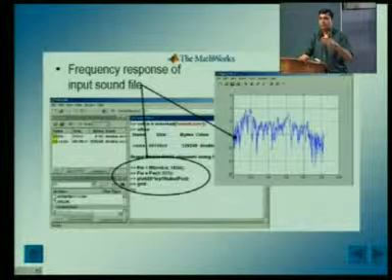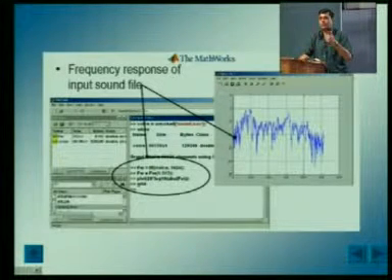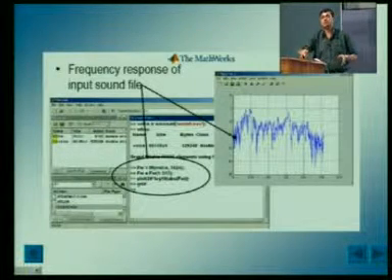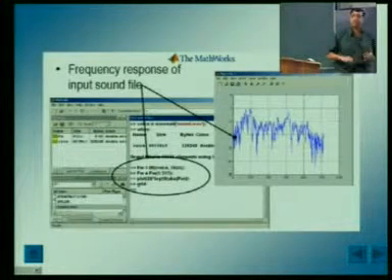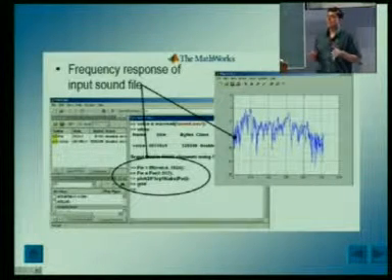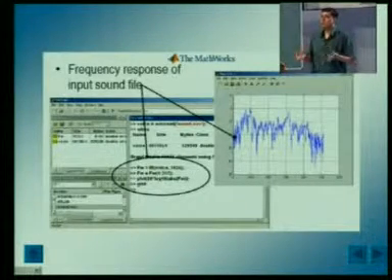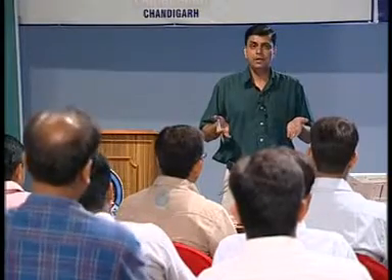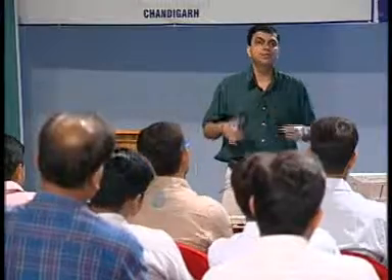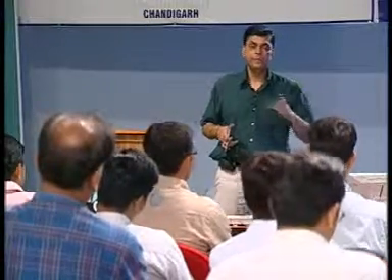Communication toolbox is there, signal processing, image processing, neural network, fuzzy logic. First of all, you should have good knowledge of those toolboxes. Once the knowledge is there, you can write your MATLAB code. After completing your MATLAB code, you can interface it with system generator.